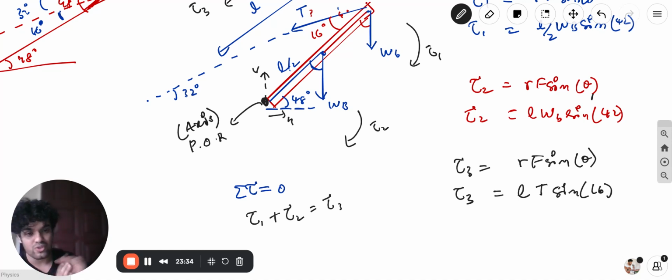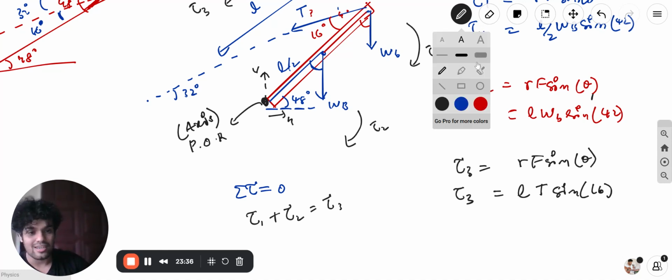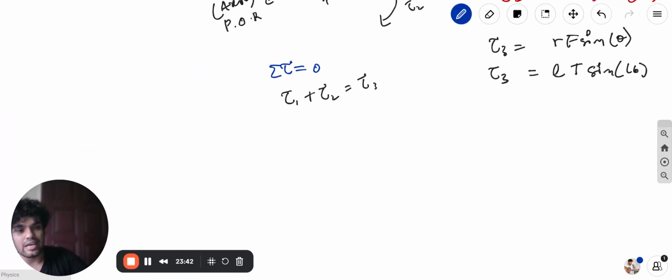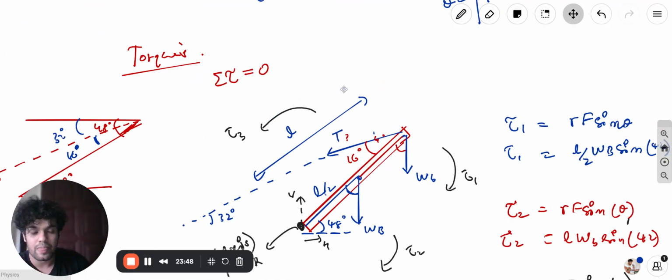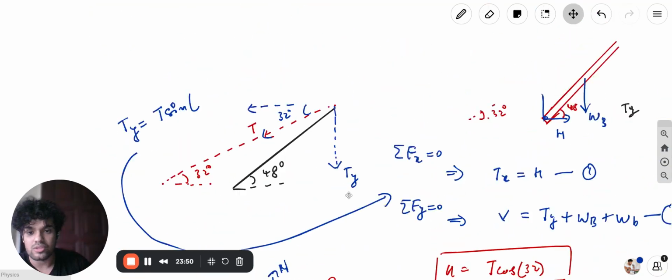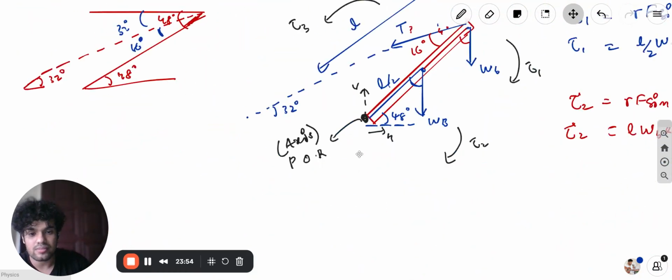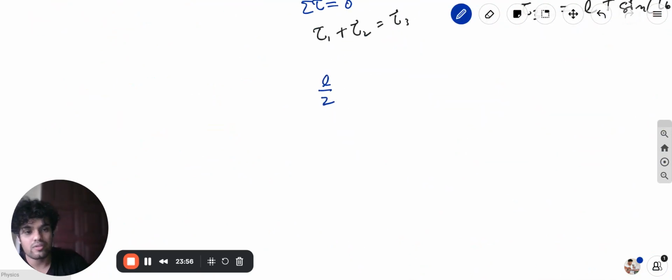I hope there's no confusion in that. Now we just plug in everything together. So let's see, what do we get? That is L over 2 WB. We know WB, right? What is WB? The weight of the wrecking ball. What was the weight of the wrecking ball? 4,800. So that is L over 2,